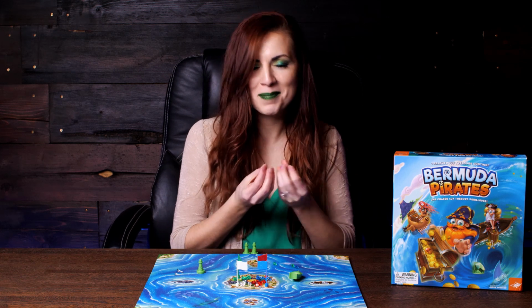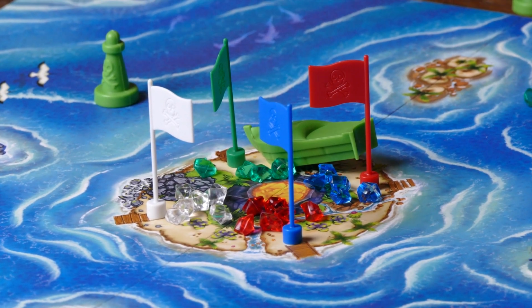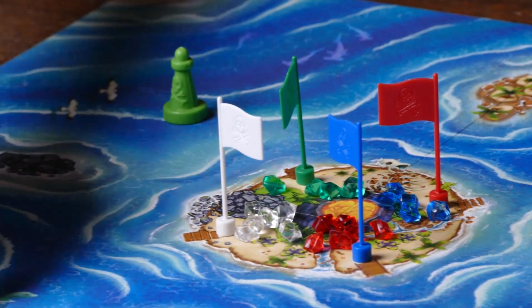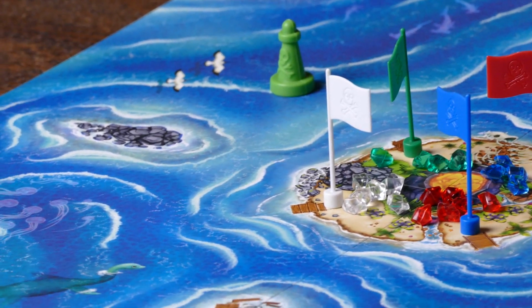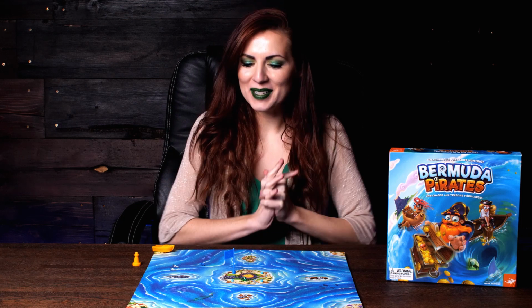But myself, I love small things. Miniatures just make me so happy. So the fact that there are these little gems, I'm kind of giddy about it. So I just ran over the island, so that means I get to go back home. There are little obstacles on the board. If you run over those, you have to go back home. You are shipwrecked. That's a really quick way that the game is played. Not a perfect description, of course, but